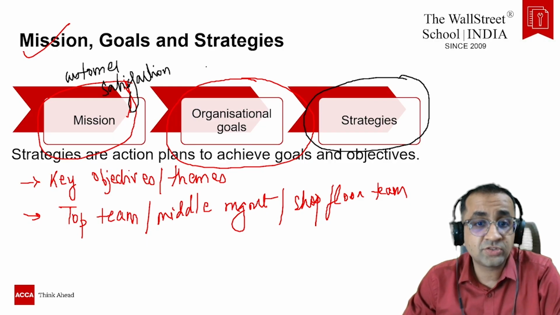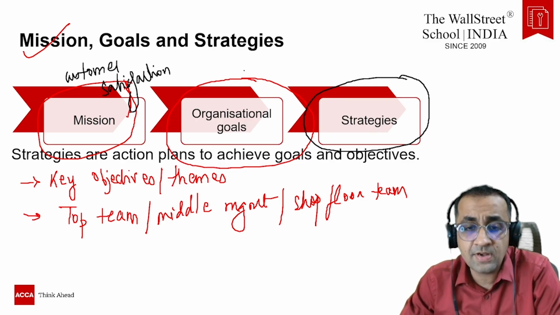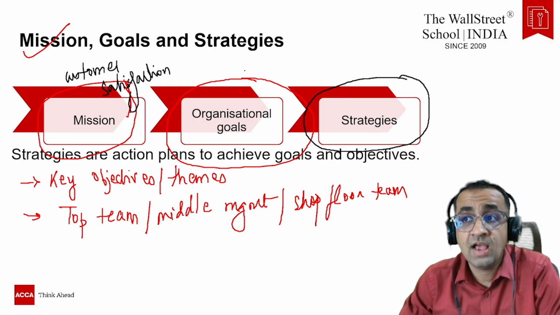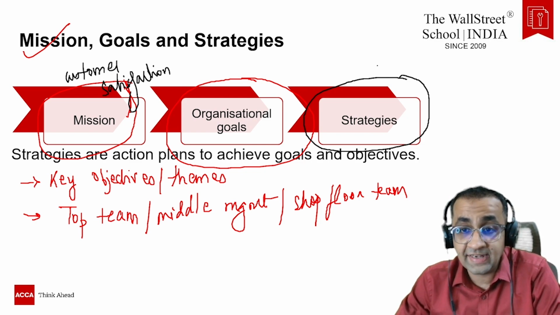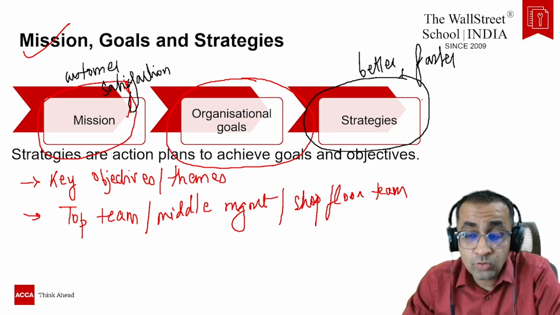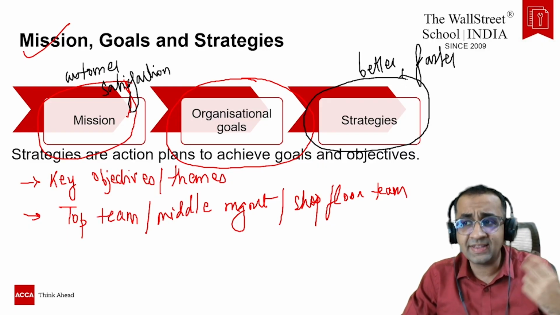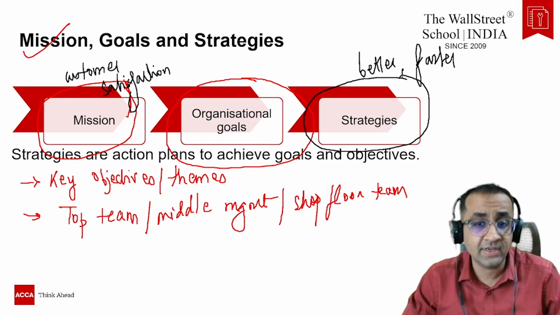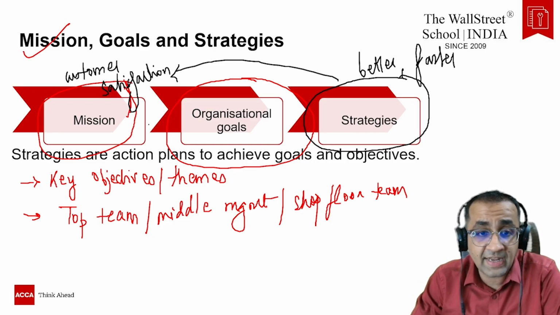One of the biggest aims of the organization is to have maximum satisfaction for the customers. So they will build their organizational goals accordingly, and then they will set their strategies accordingly. Like, how can we satisfy the customer better, faster? What can we do to satisfy the customer, to break the monotony, to break the chain, to bring some innovation, so that these strategies can help achieve the mission of the organization.